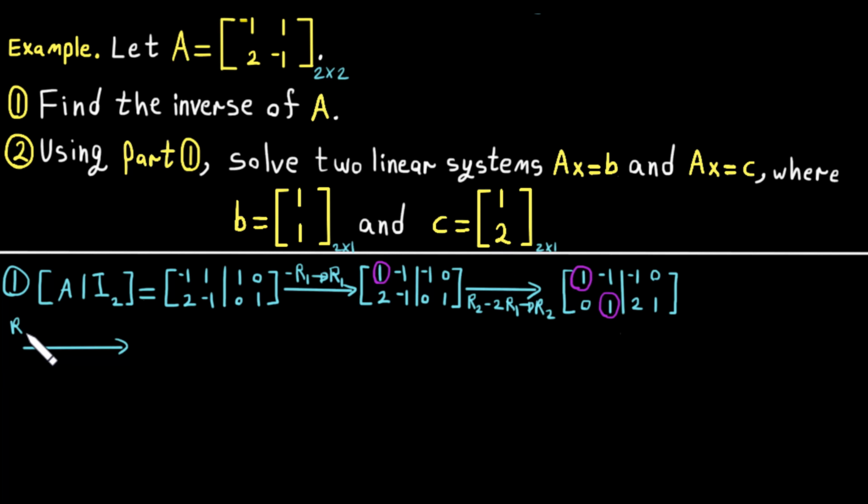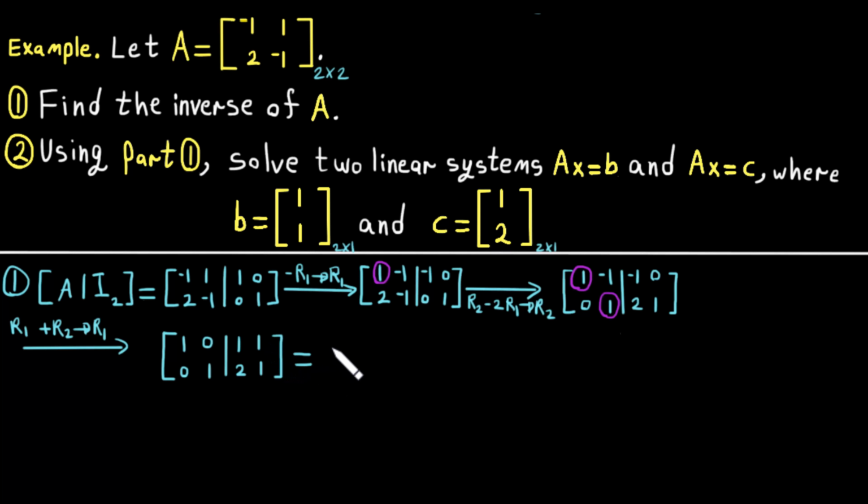So row 1 plus row 2 in row 1. This row remained the same, so I'll speed it up to write this row. Now row 1 plus row 2. So 1 plus 0, which is 1. -1 plus 1, which is 0. -1 plus 2, which is 1, 0 plus 1, which is 1,